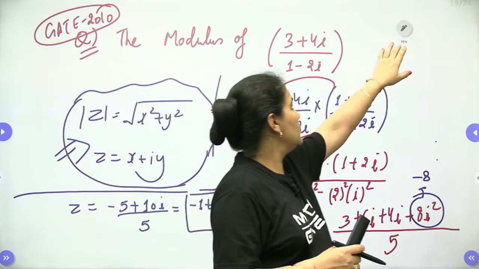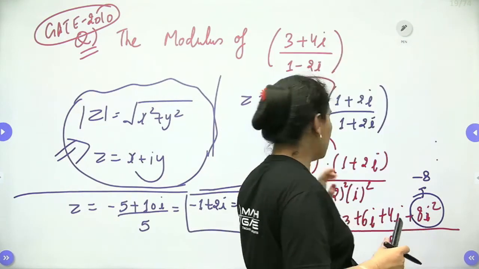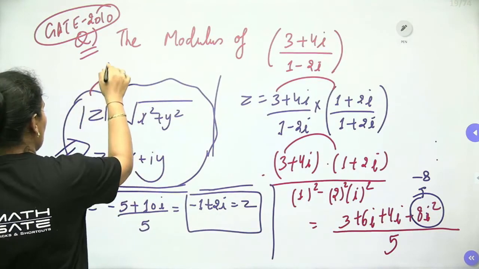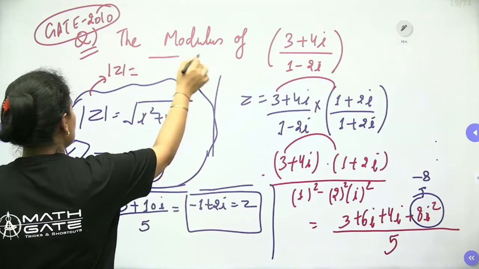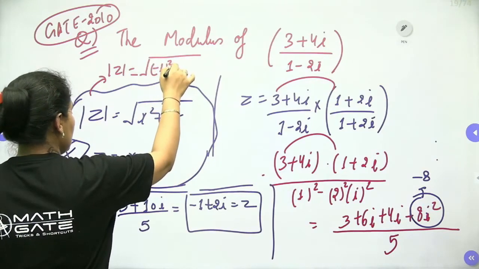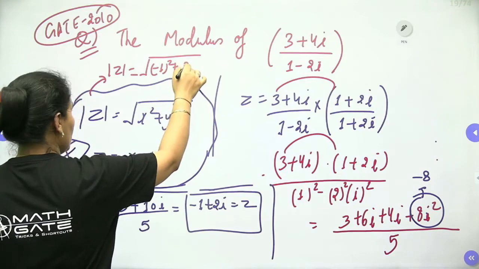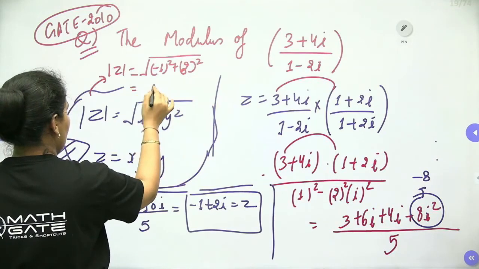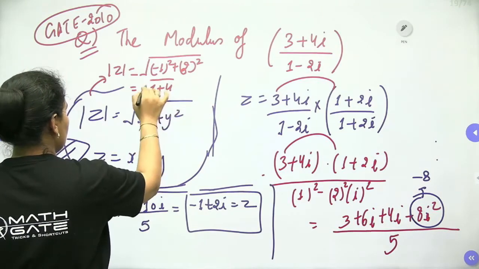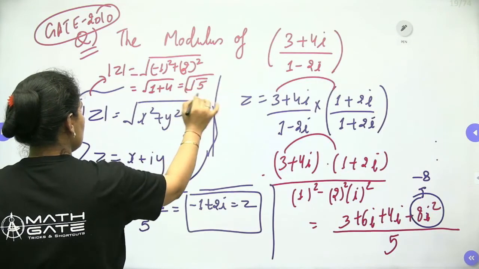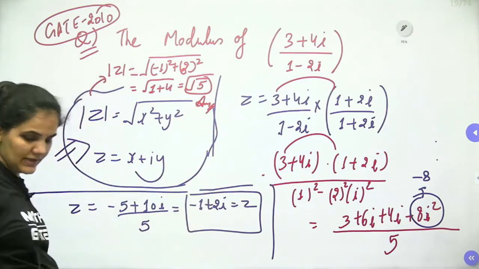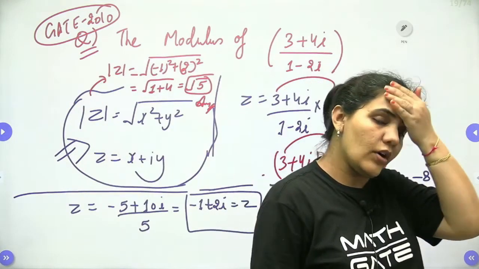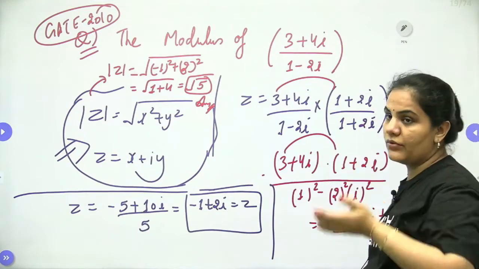You are talking about that you have to find the modulus. So modulus of z is equal to root of x square plus y square. Hence from here mod is equal to x is equal to minus 1 square, plus y is equal to 2 square only. So it will be 1 plus 4. So it will be root of 5. So hence your modulus will be root of 5. Is it clear, guys? Right, so we can easily approach the modulus of the given complex number is root of 5 only.